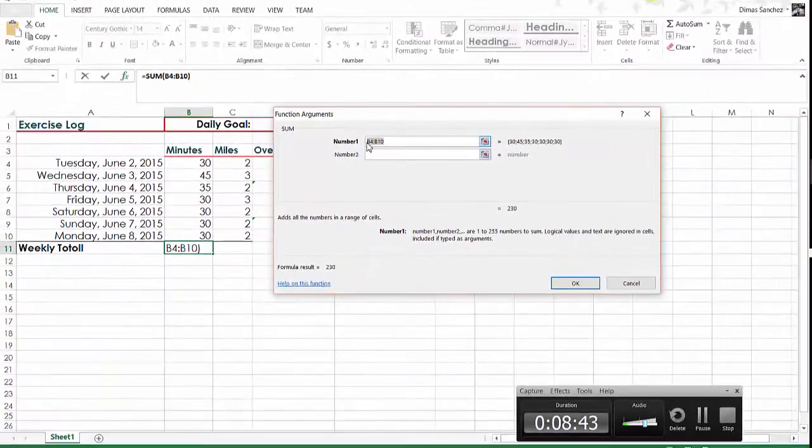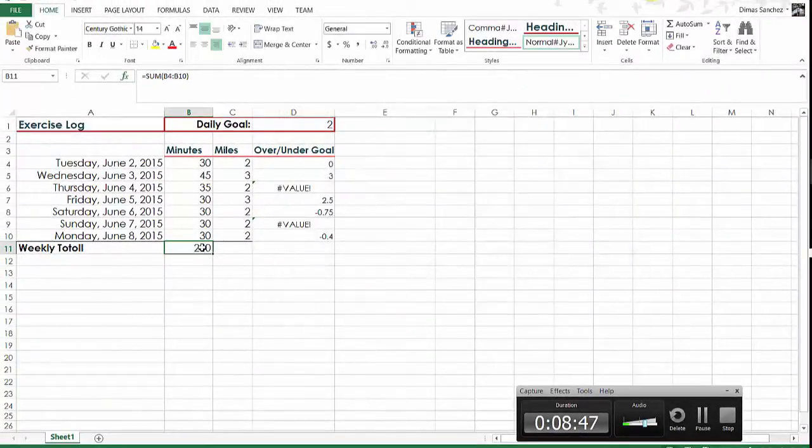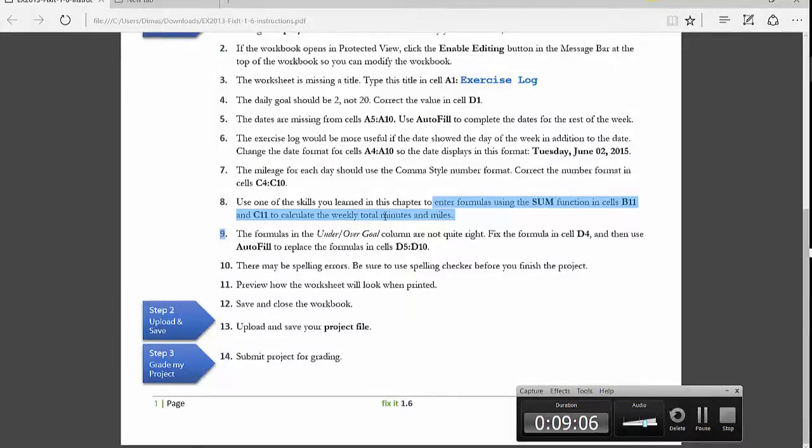And basically sum from B4 to B10. Any of those methods that you use, you will get basically the same result. So we can copy this, and this is the total amount of miles. Okay,